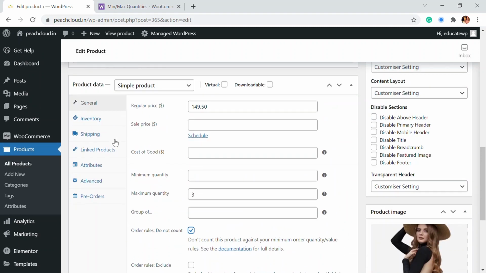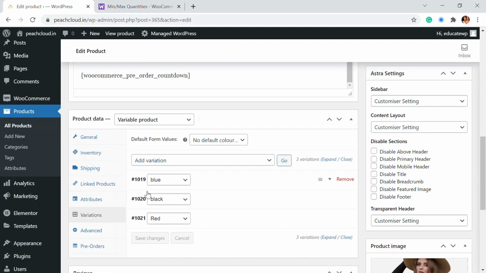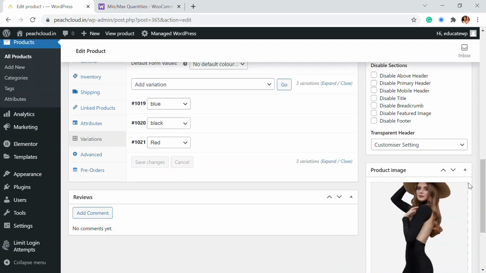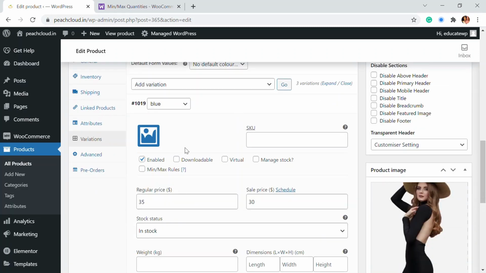And again, if you have different variations to this product, let's say I'm just going to do a variable product. So here, let's go to variations. In the variation section, you will be able to see that I have 3 variations for this particular product. So if you just click on this variation, here you will be able to see that there is a minimum and maximum rule.